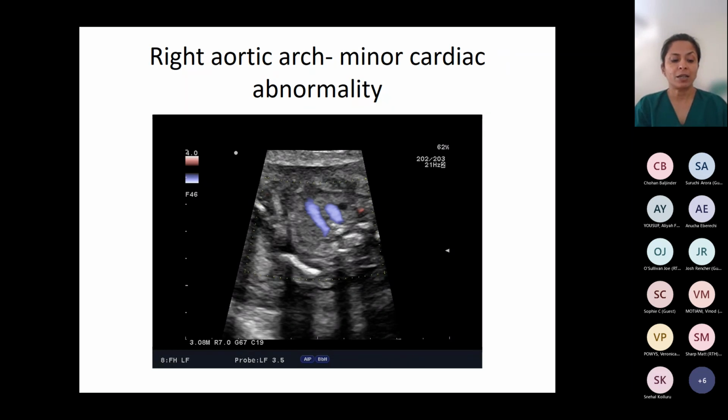I'll explain to you why I say kind of, because, with medicine evolving every year into better and better care, more and more fetal abnormalities are changing their category from being lethal to perhaps just being serious. And we'll come to that in a minute. So this is a picture of a right aortic arch, which is a minor cardiac abnormality. You don't have to